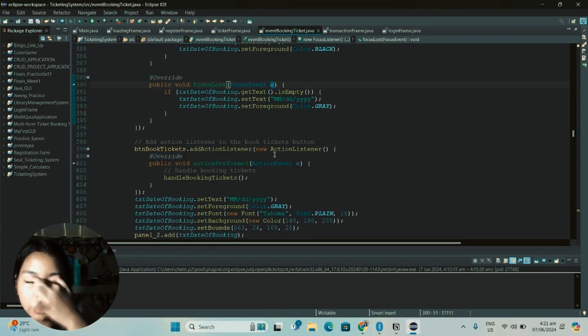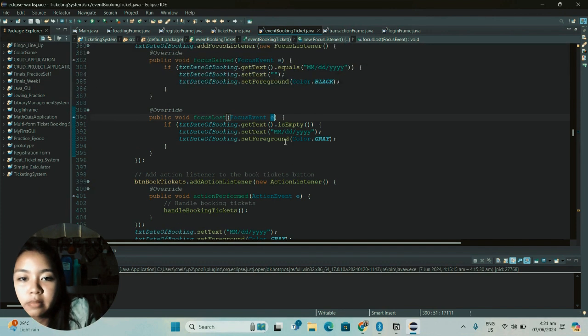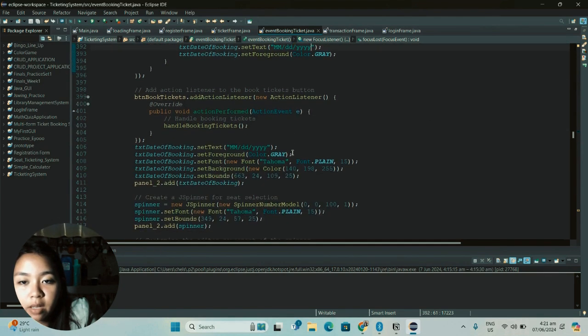When you click the text box, it removes the string inside so that it allows us to input, and you can easily type anything in the text box.